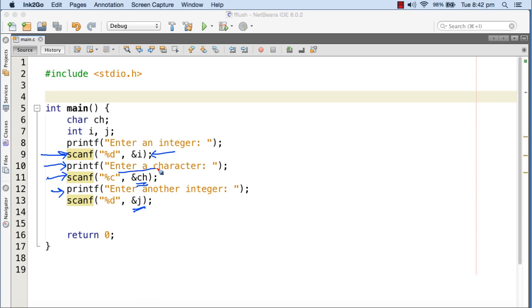Then it's going to print this prompt, and then it's going to stand here at this scanf while the user is supposed to put a character value that goes in ch, and then the last scanf is actually going to take the last integer value to j. Let me just execute the program to show you how it is working, whether it is working exactly according to our